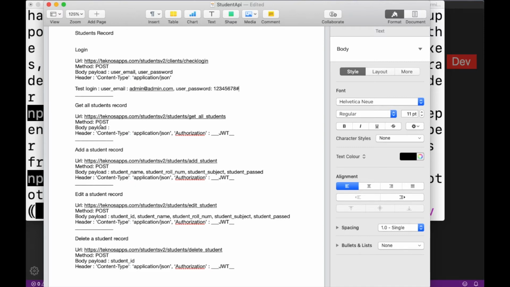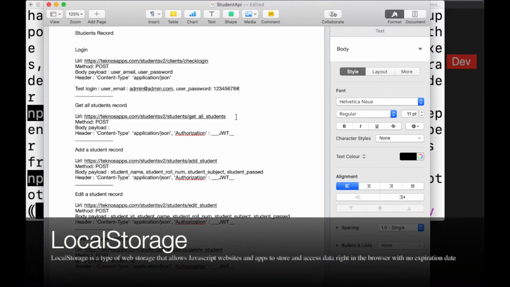That's why I've kept everything in the POST method, and of course, how is it going to work? Once you send the username and password, you will be provided a JWT token that we would be storing in our local storage. Local storage and session storage are part of the window object, and now we can directly access them